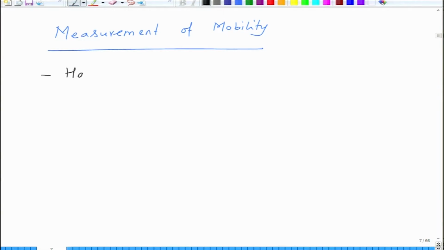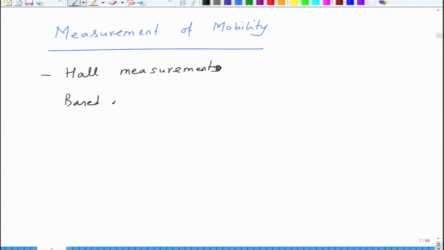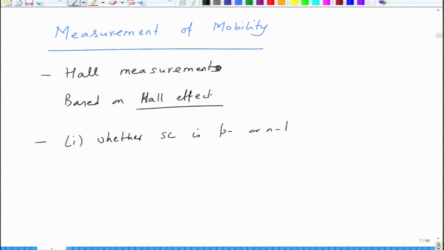The measurement of mobility is done through Hall measurement. Hall measurement is where you have a current carrying conductor and you apply a magnetic field. So you measure the Hall voltage, based on the Hall effect, and this will tell you whether the semiconductor is P or N type. By the sign of the Hall voltage you can find out whether it's a P or N type semiconductor,